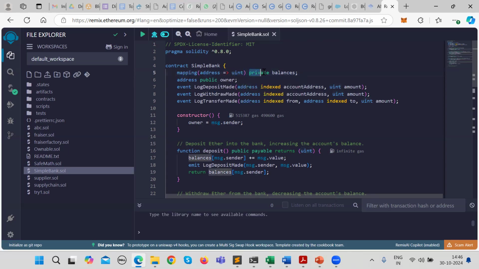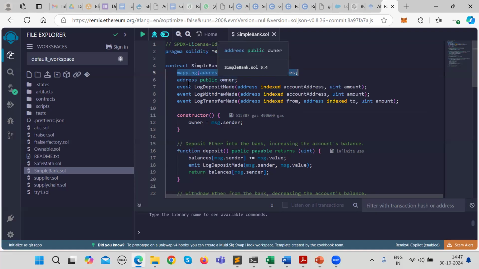I am making it private, which ensures that nobody can check the balance of one another. So one address has some balance, and the mapping works the same way for other users as well.